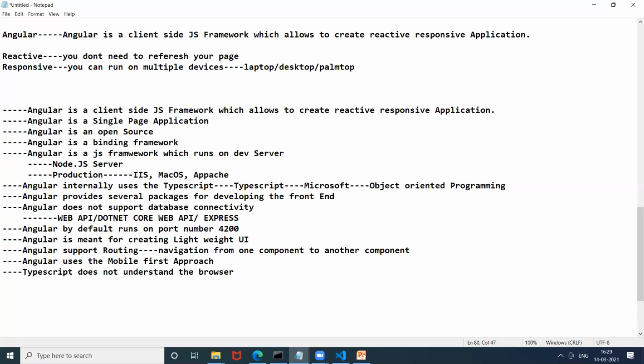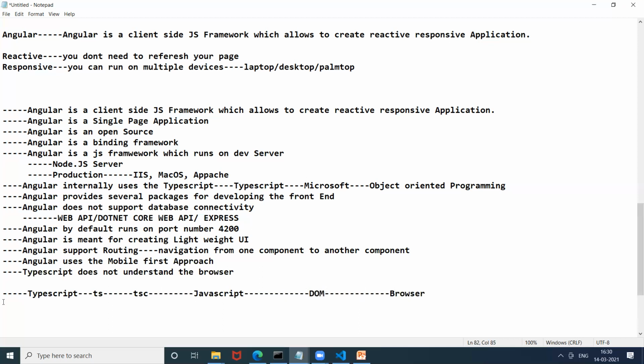So what happens when you write the code? The TypeScript extension, I told you what TypeScript is. TypeScript is a product of Microsoft. It's an object-oriented programming language. The extension of TypeScript is called TS, and it uses a TSC compiler and converts into JavaScript, right? Then JavaScript basically sends to the DOM, and DOM is basically updating the browser.